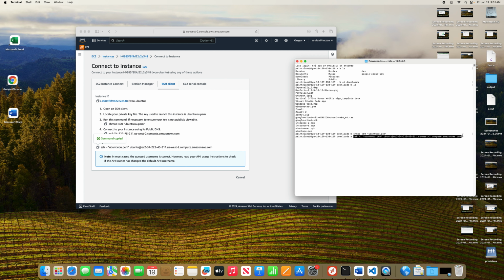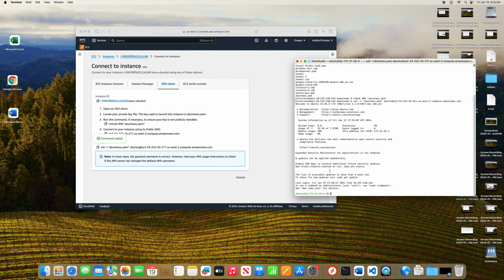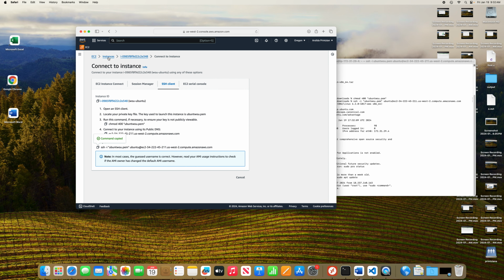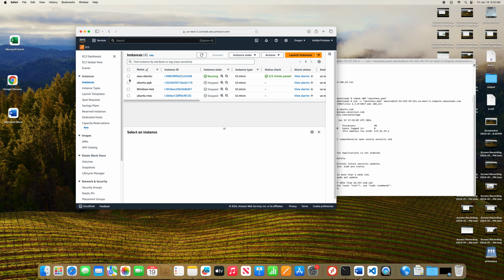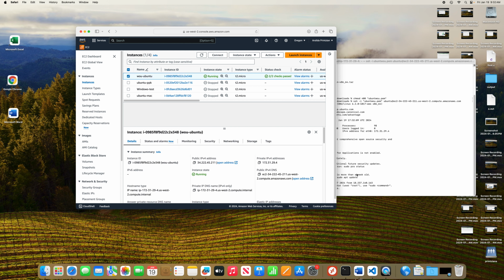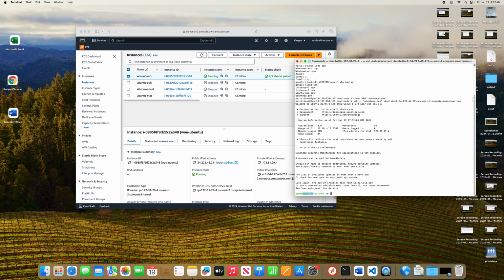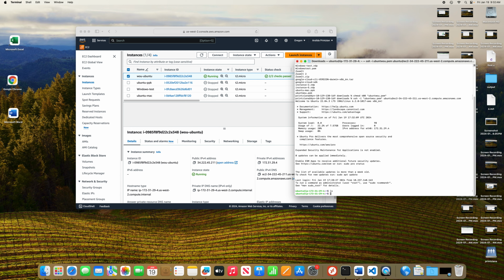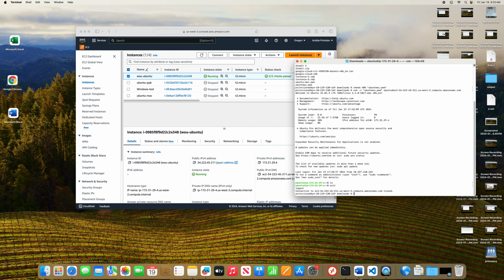and I run it. If you still run into problems and it shows that you are not allowed to run this command, you might need to write sudo again and run it. I run it, and as you can see, now I am logged in to my instance. It shows here the username, and if you go back to your instances, it even shows the private IP. So I am connected, and I can normally run my instance. And let's exit. Here the connection is finished, closed, and I am back in my